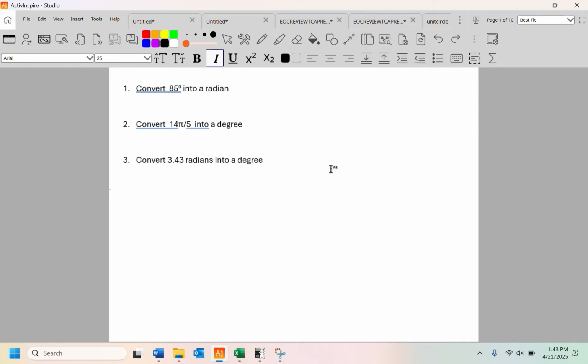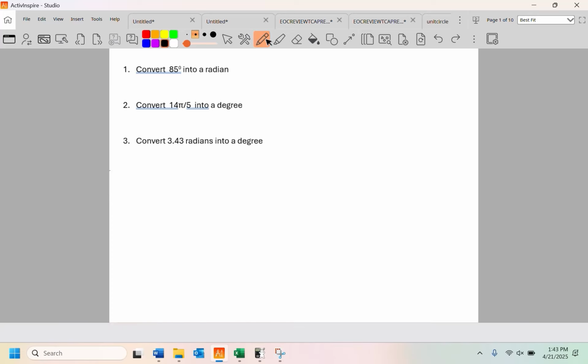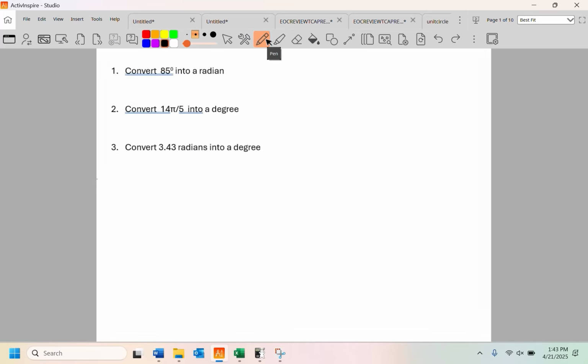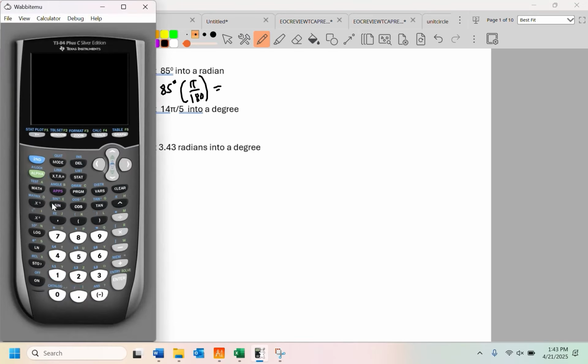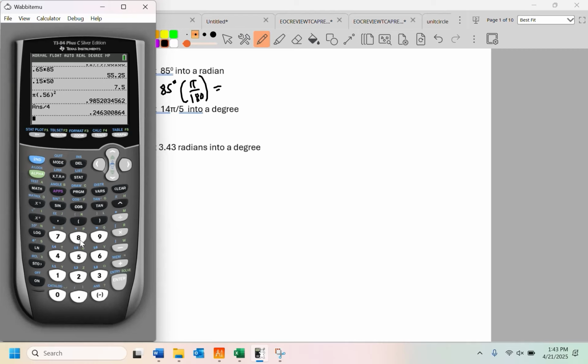Convert 85 degrees into a radian. So you already have this formula, whether you've memorized it or not, I couldn't tell you. But what you do is you take your degrees, and to convert it into pi rad, you multiply by pi over 180. We're going to leave this one in exact form, so I'm not worried too much about the pi. I'm mainly curious what 85 over 180 simplifies to. You could divide both by 5. So it is 17/36